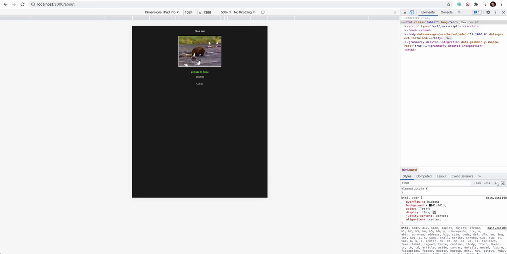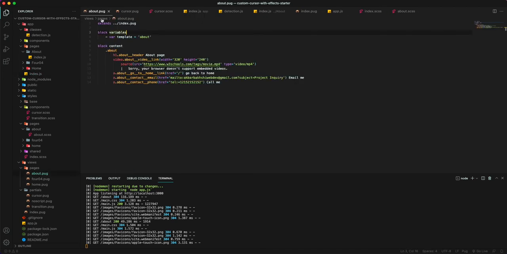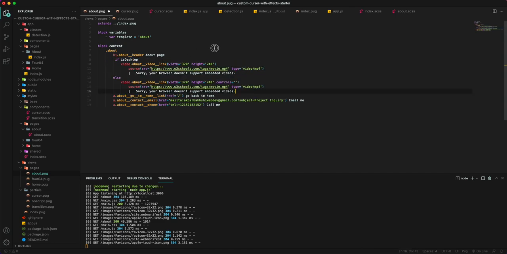So we want to bring back our controls for our desktop or for our tablet or phone devices. So if I go back to my about pug file here, remember we removed that controls here. All we need to do here is to add another if else in our pug, and since we've added the